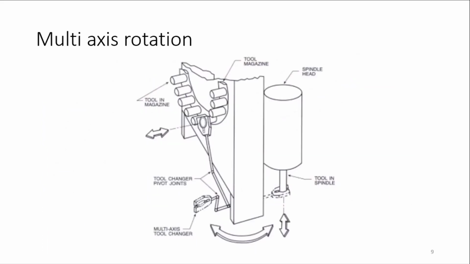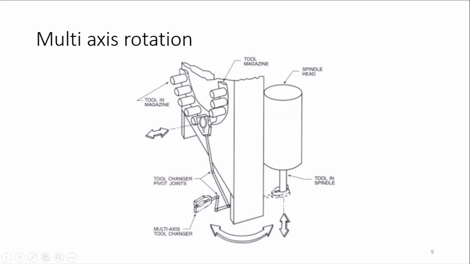Then there's the multi-axis. Multi-axis is the type in which the tool selection is specified. Clear? Meaning a specific tool is to be taken, and there is no need to rotate the whole magazine. That's the first condition. The second condition is when your magazine size is too big. Multi-axis rotation is there. The third one is when it is at a farther distance from the spindle. So you can see this is a multi-axis arm.